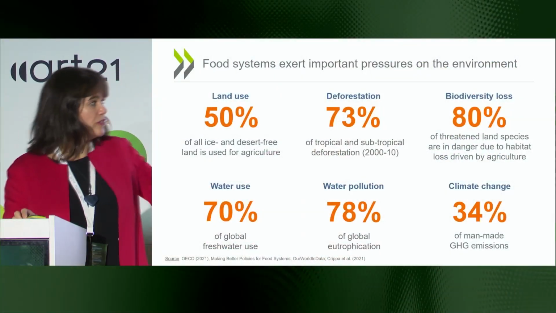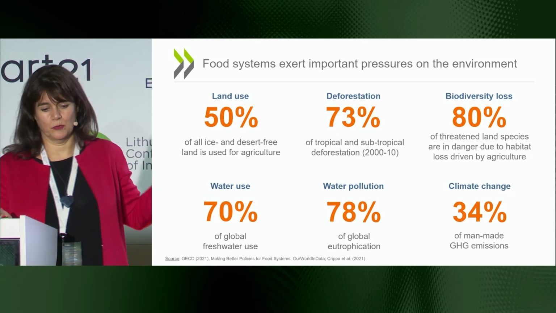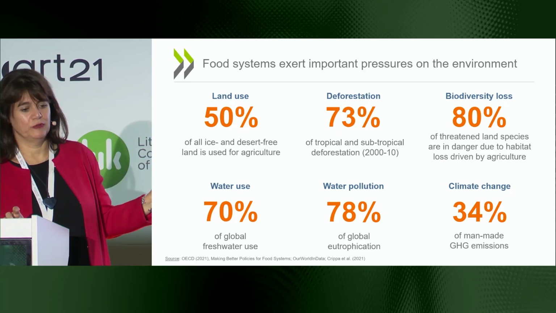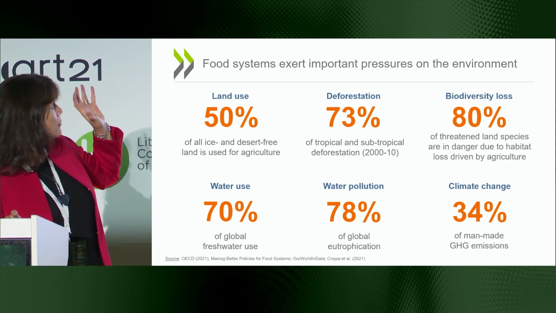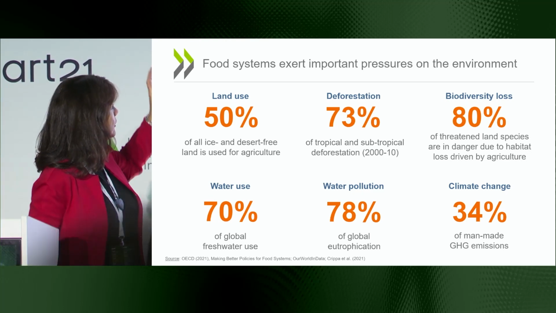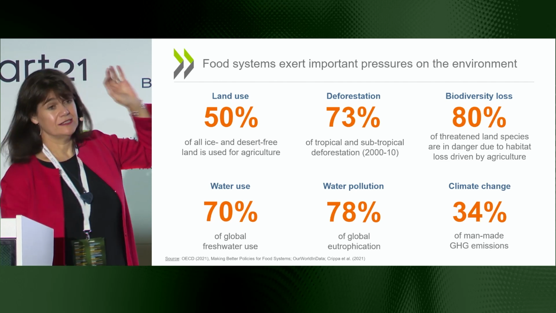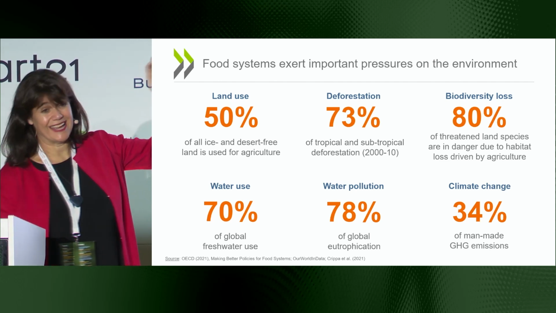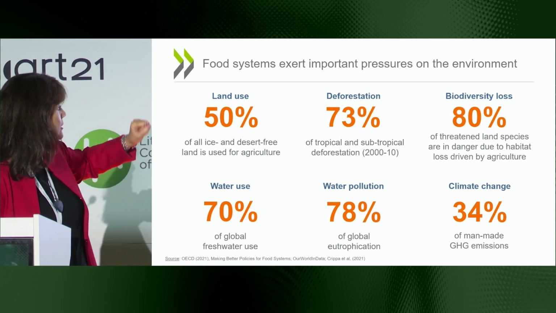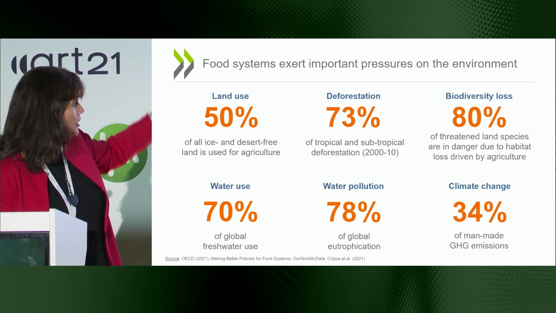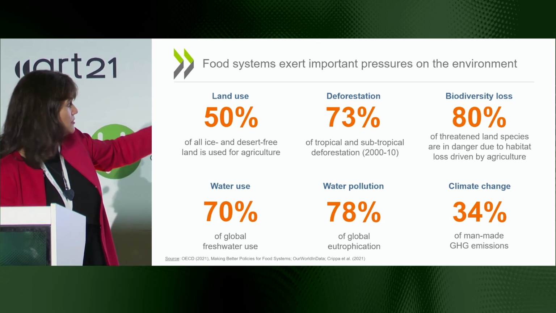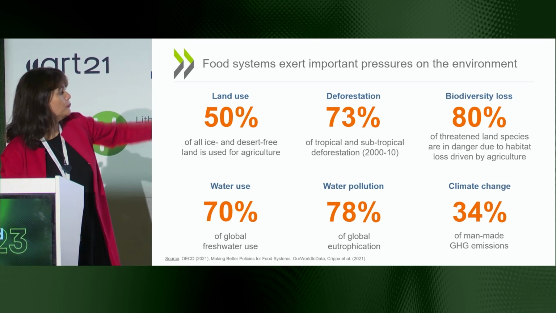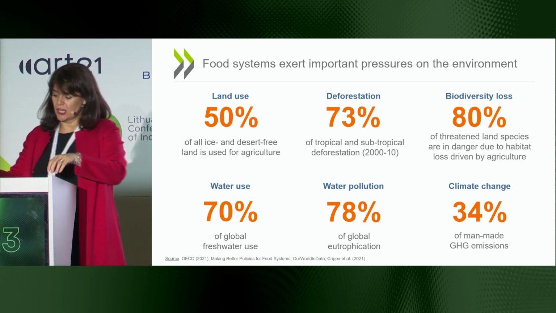So I'm going to talk a little bit about the challenge of carbon footprinting in food. But let me begin by just putting this into perspective. These are the environmental impacts that we know about from the food system. It accounts for about 50% of land used for agriculture, 73% of deforestation, 80% of biodiversity loss, 70% of global freshwater use, and 78% of eutrophication. But the one I'm going to focus on today is climate change and